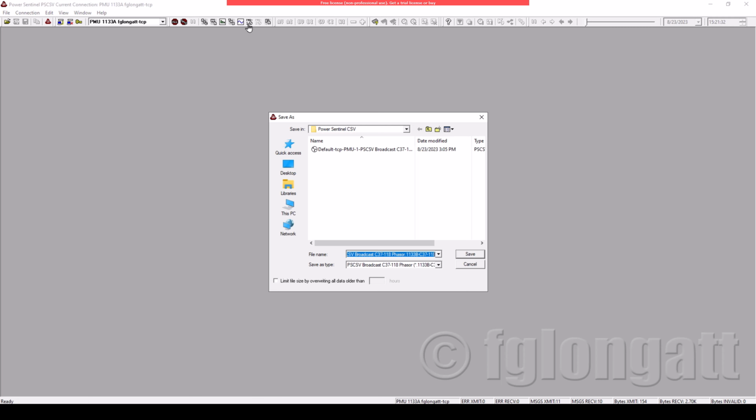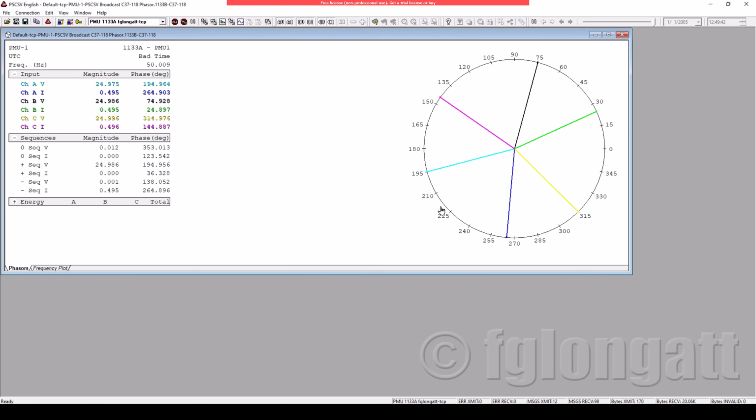You can see here that the connection is already established, and what I will do now is I will use this Power Sentinel software in order to show you the phasors, the phasor measurements. Okay, what I will do now is I will connect here, and right now you can see in front of you, the